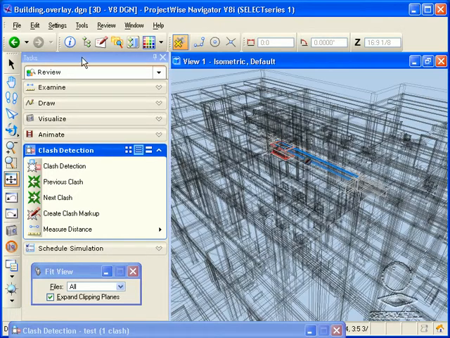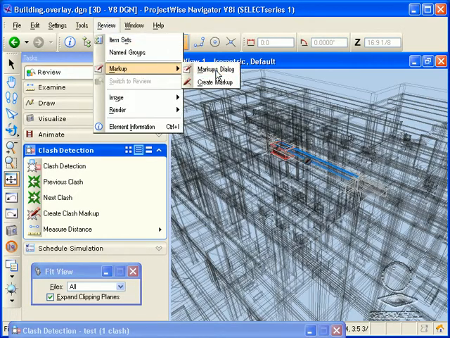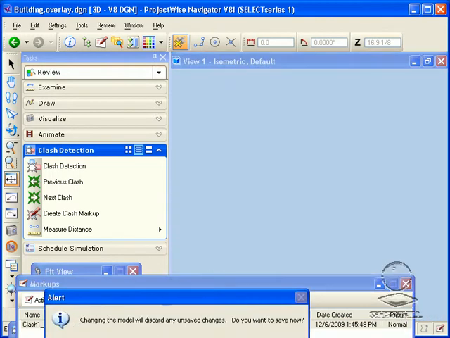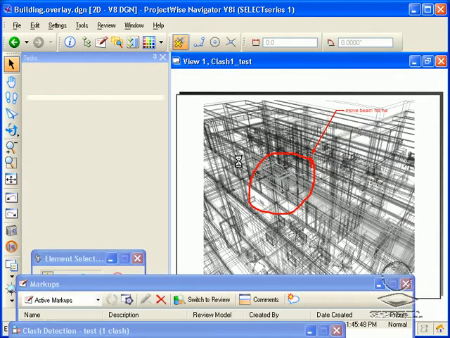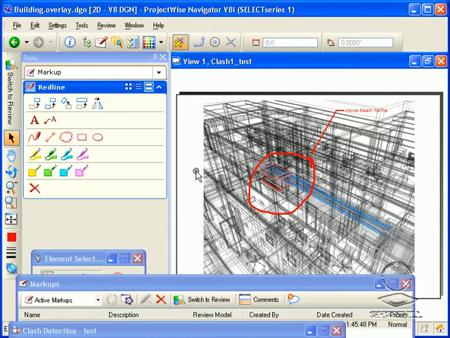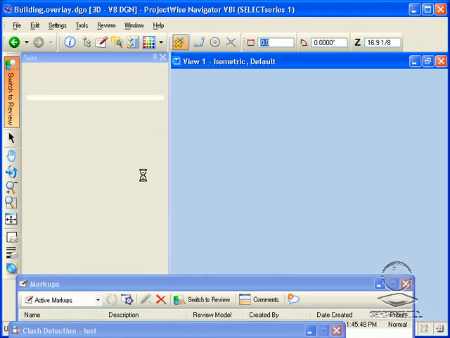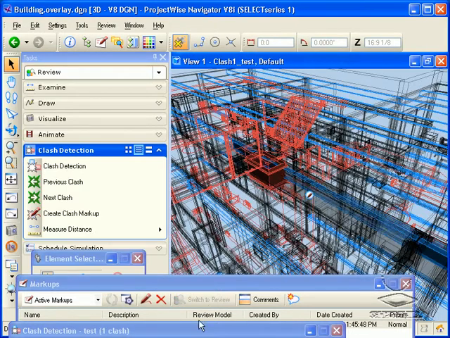And then to review it, we're going to go to our markup, save it, and then it'll open up this view where you can have your markup tools available to you. So I've marked this up. You can do the same thing when you're done. You can mark it off. Then you can go back to your previous window